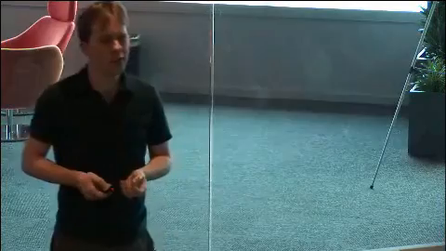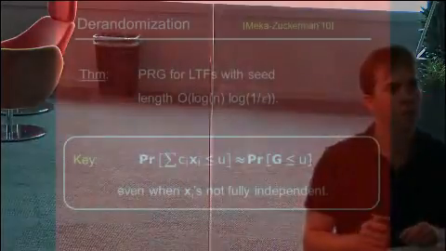I kind of feel that this was the central fact, which is that if you look again at this sort of random variable, sum of ci xi, these are plus or minus 1 bits, the expected absolute value of that is close to this magic number root 2 over pi, but it's not really a magic number. It's just the expected value of the absolute value of a Gaussian. And again, this is up to epsilon if these guys are all small. So this actually doesn't quite follow from the central limit theorem, which says that the CDFs are close. But I'm sure if you dug into your probability textbook, you would find this result. And indeed, that's what we did.